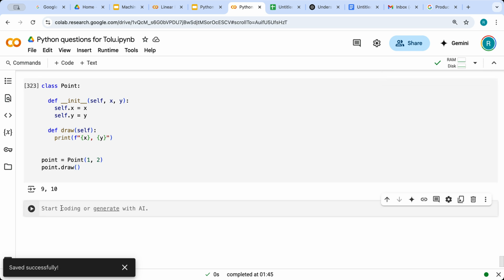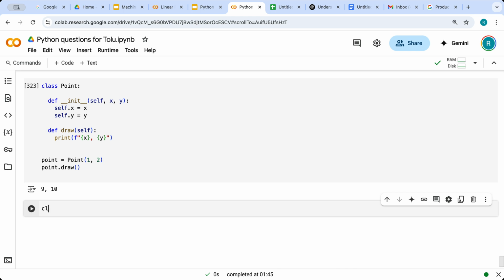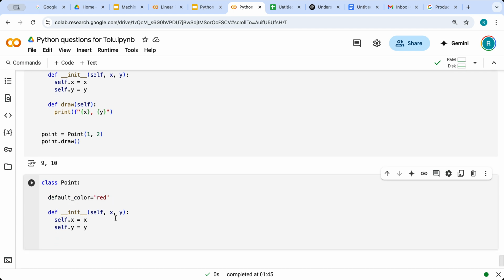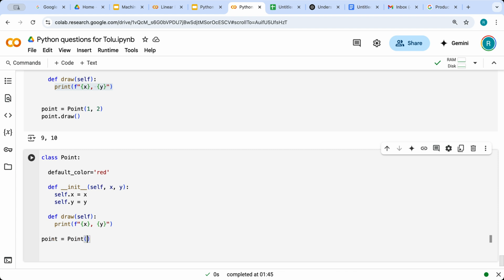Now let's see the same class with some variables. I'm going to use the same class Point, define the constructor self, x comma y, self.x is equal to x, self.y is equal to y, and here let's put a default value, color is equal to red. Within the class I'm giving a color as red, and then I'm going to have one more function to print the x and y values. Now let's call this class Point of 2 comma 3, and if I do point dot draw,